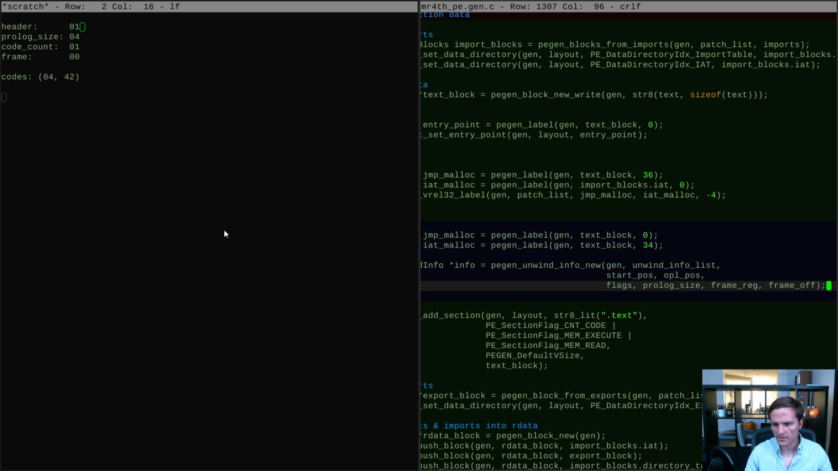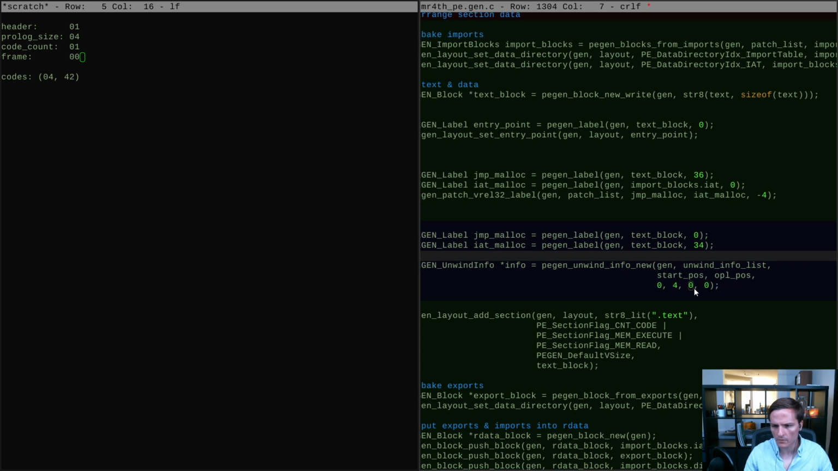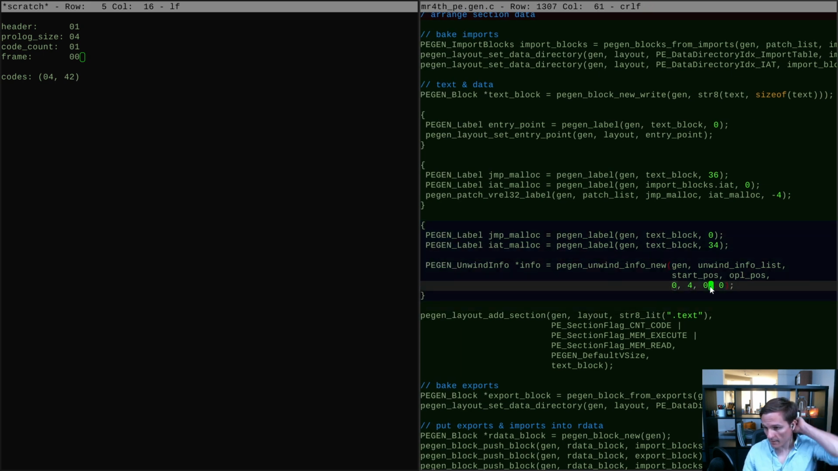So the flags must be 0. The prologue size is 4. The code count is 1, that'll come automatically. The frame is 0, so that means both of these are 0. And yeah, like that right there is meaningless to me. So I'm thinking what I might need to be doing is either